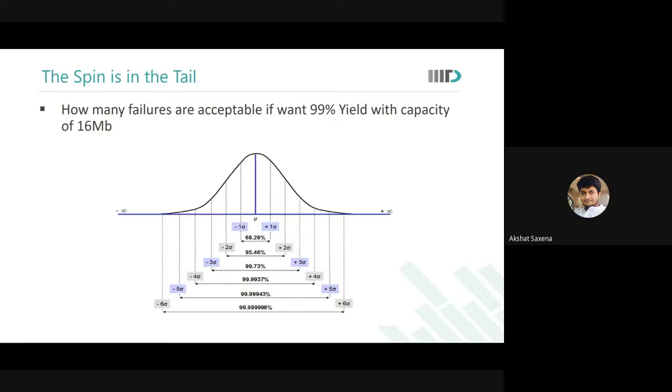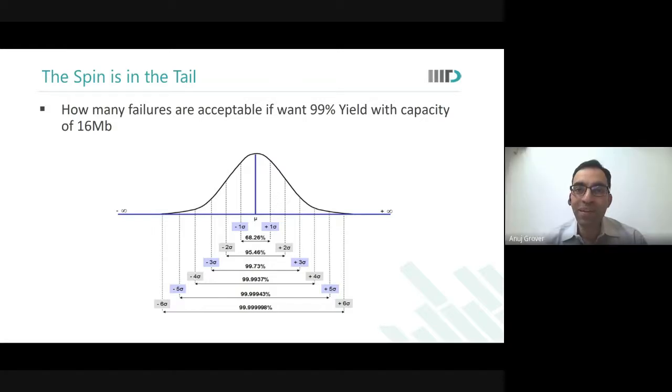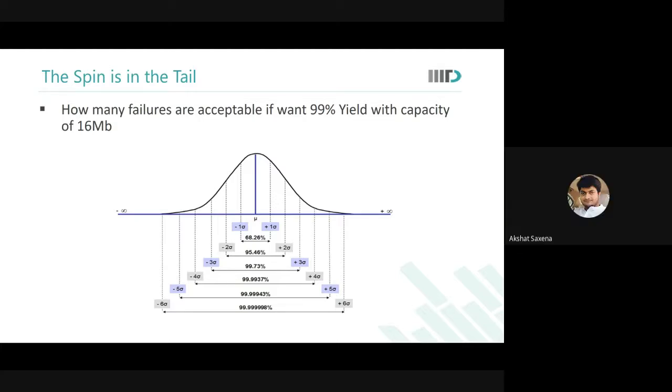Sir, one thing it is clear that if I need less capacity, then I would need to qualify less sigma. But sir, what is its relation with the voltage? Why do we say that there is a minimum voltage at which a memory cell can operate? What happens below that voltage? Sir, the cell would fail.